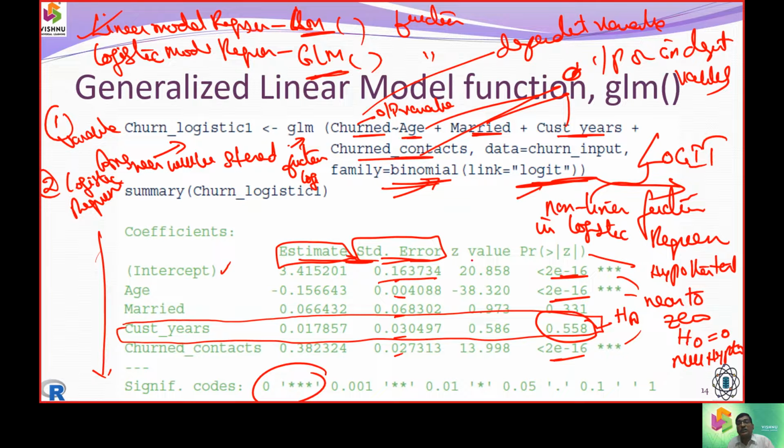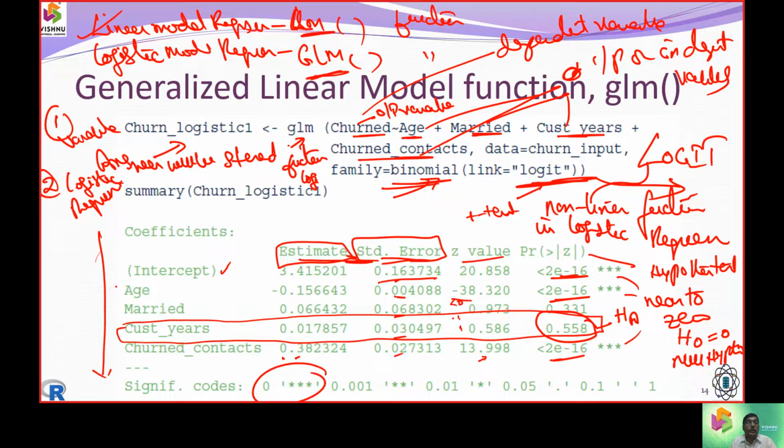And the z-score, that is the t-test value, of course, it is relatively -38, which is less than 0. 0.07, it is almost 1, but here the churn context is a little bit high. We need to agree on that issue. So what this estimation was telling was, they are all almost 0, but churn context is having 0.3, that we will discuss.